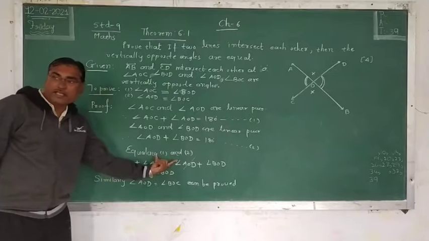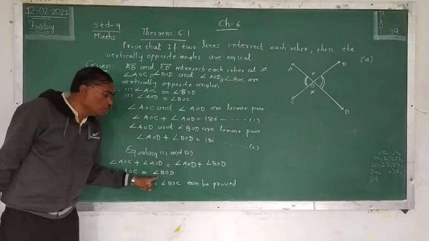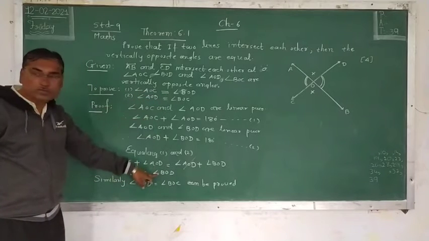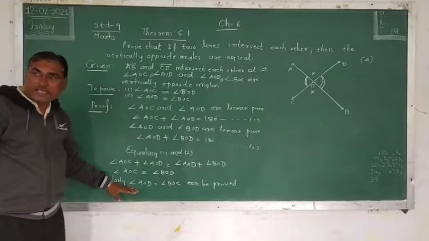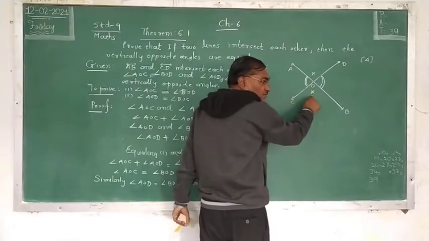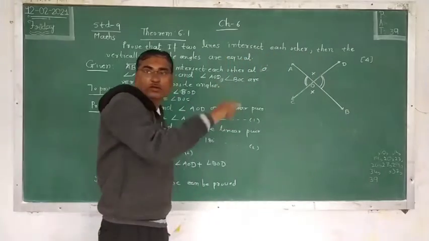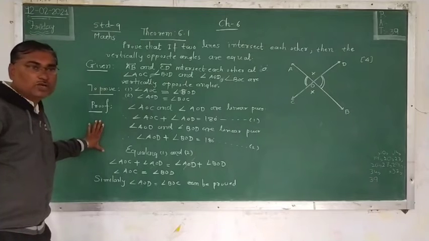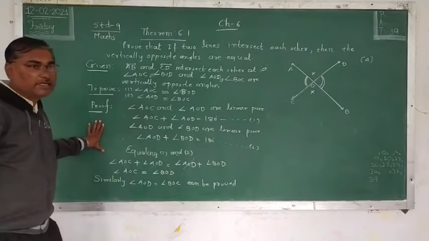So angle AOD and angle AOD are equal, cut, then the remaining angle AOC equals angle BOD, and this is our first result. The second result, similarly, we can prove by taking this angle and this angle as a linear pair. Understand very well, and now you can write in your notebook. It may be asked for 4 marks in the exam.